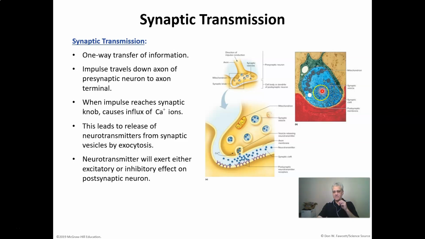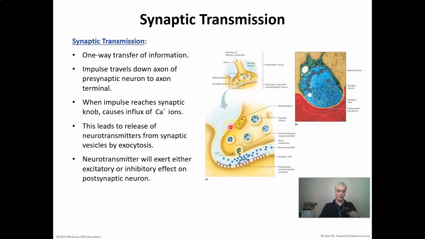But these synaptic vesicles sit at the end of the axon terminal, and they wait for an appropriate signal telling them to send their neurotransmitter out into the synaptic cleft. What's that signal? The signal that comes down is an action potential. And we're going to talk about exactly how you generate an action potential and what that is. But once that action potential gets to the end of the neuron,